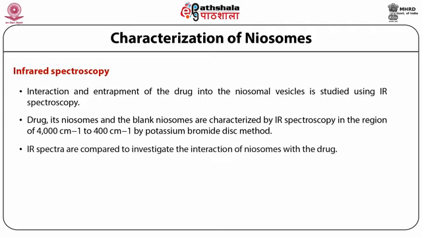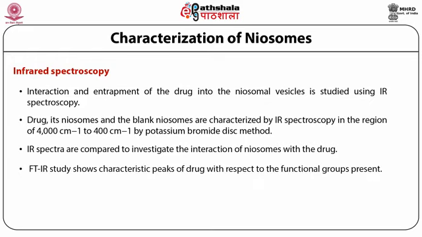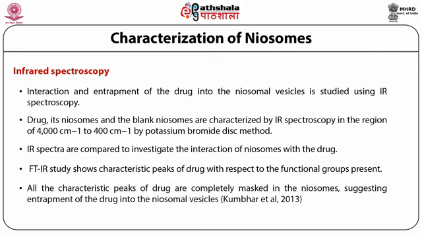The IR spectra are compared to investigate the interaction of neosomes with the drug. FTIR study shows characteristic peaks of the drug with respect to the functional groups present. All the characteristic peaks of the drug are completely masked in the neosome formulation, suggesting entrapment of the drug into the